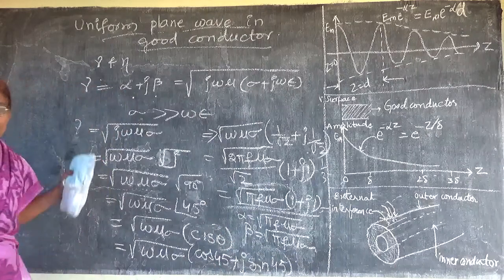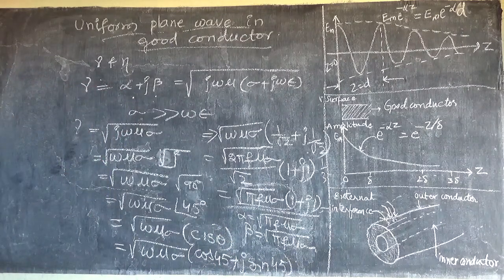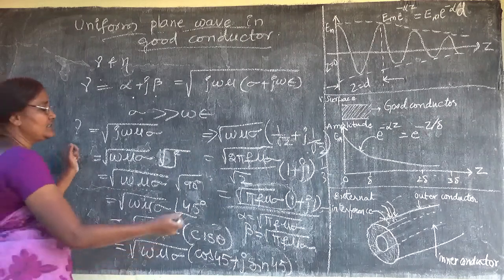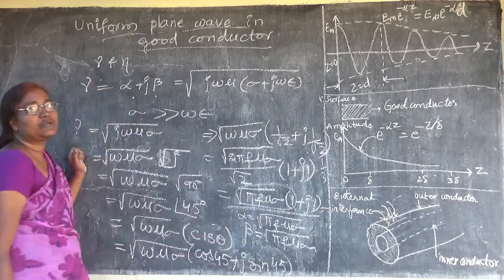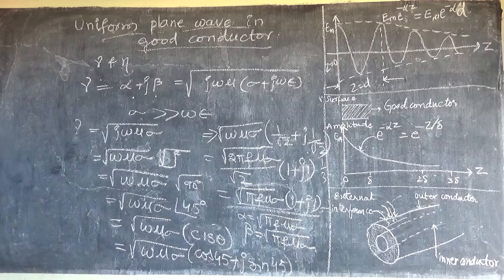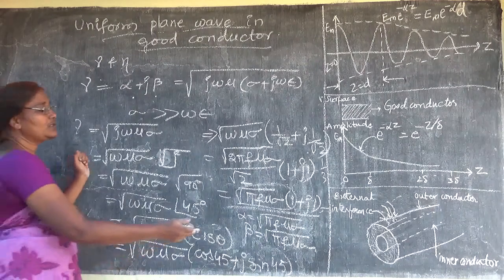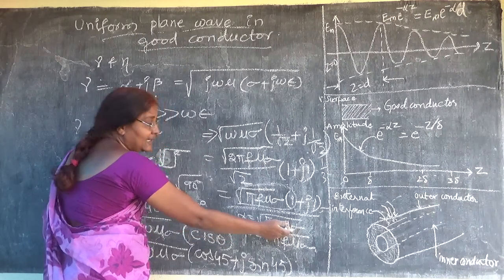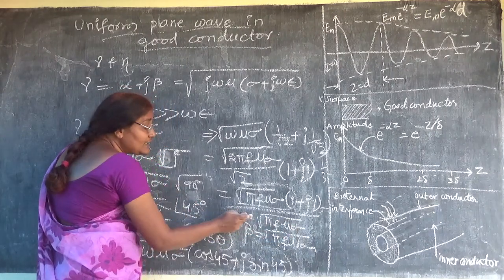So what is the property we will have when the wave is traveling through a good conductor? That means alpha and beta values will be the same. The next thing you have to observe is that because conductivity is very high, sigma is very high, so alpha is also